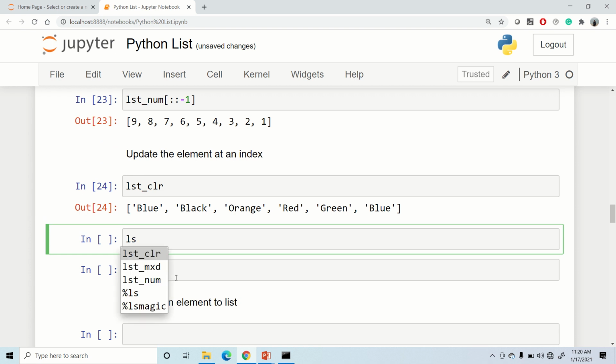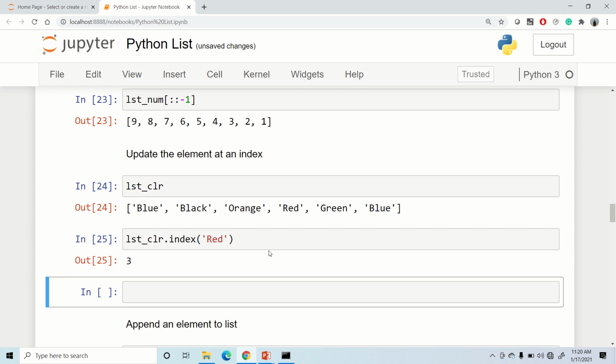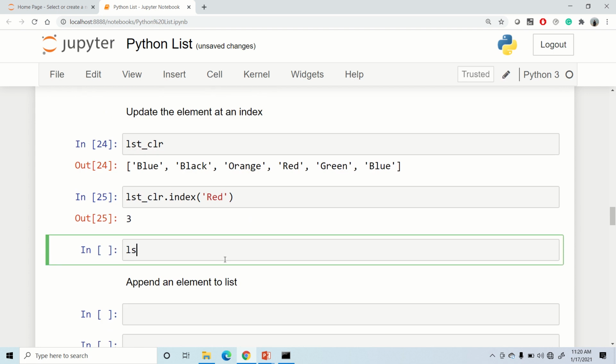Let's say I don't know the index of the red element here, so I can say lst color and make use of the index method, and I can pass the element name inside it. That would give me the position of the element. Later, if I want to update it, I can say lst color, and inside that index number 3, and update that as well.